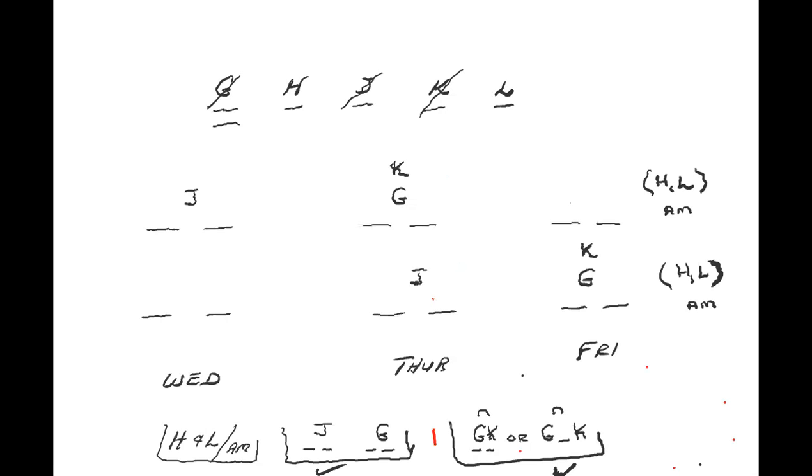If L is scheduled for Friday, so that means that L has to be Friday morning. Okay. All right. And so I'll put them both to start because that K could fall over here into Thursday. Which one of the following cannot be scheduled on the same day? Okay. So here, on the top hypothetical, you put the L there and you just have the H to move around. On the bottom, by putting the L on Friday,